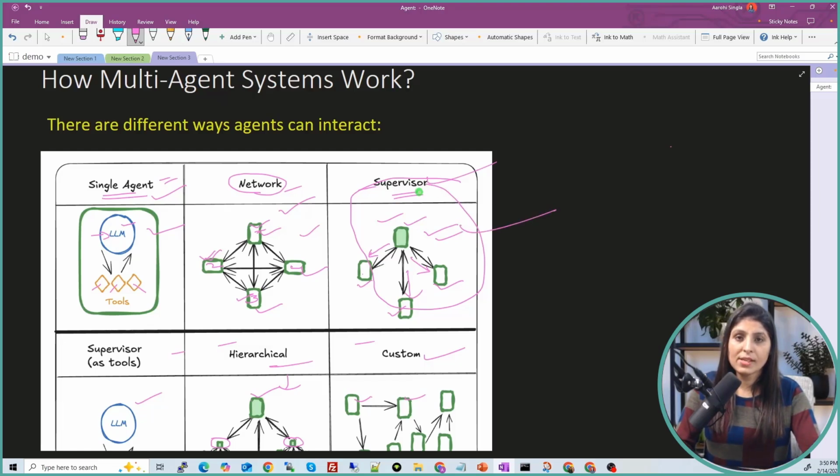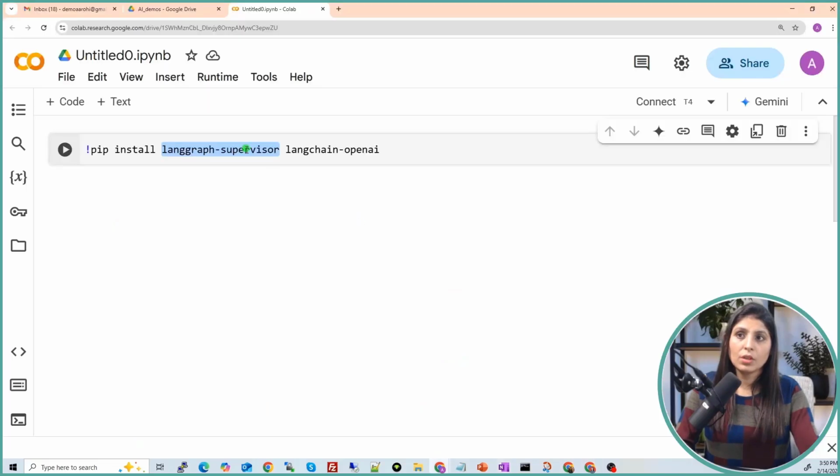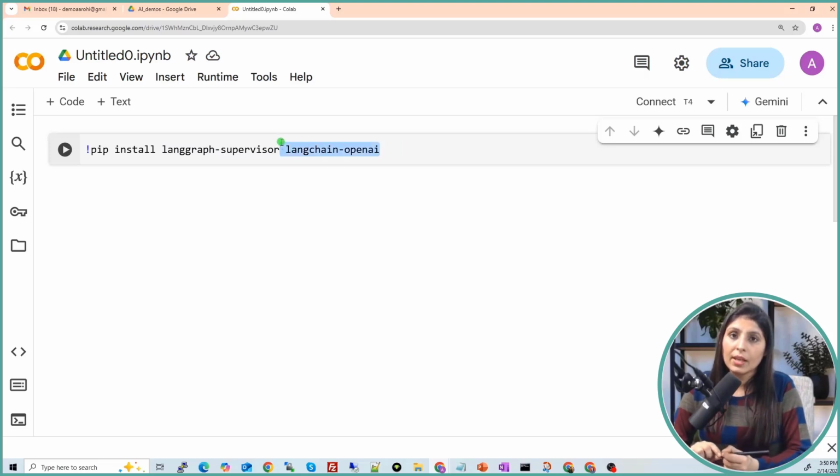This is a supervisor way. For that, you need the LangGraph Supervisor module, and LangChain OpenAI simply means I want to use OpenAI's GPT-4o mini LLM. That's why I'm using LangChain OpenAI. If you want to use some other LLM, then you need to install the module related to that particular LLM. So let's run this cell.